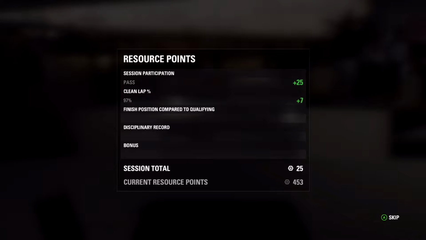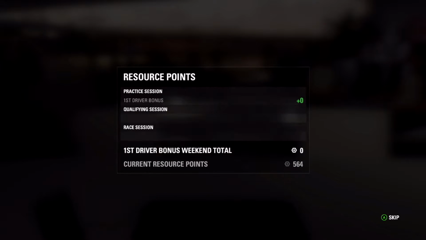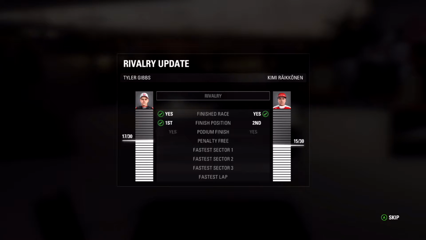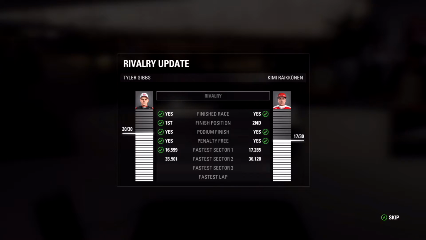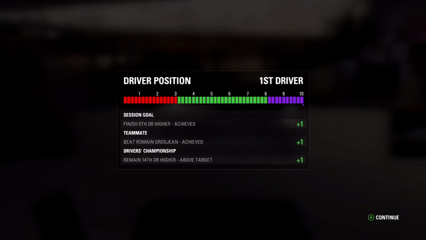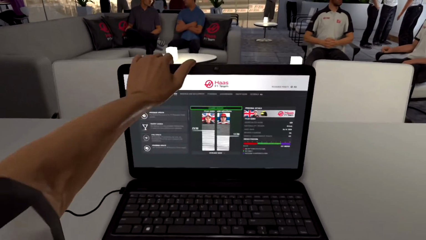Okay. Those are the championships, but we're going to come back to the resource points menu. Clean lap percentage was very high. I think we only exceeded the track limits once, and that was ever so slightly at turn 1. But it probably lost us time because going off the track actually slows you down. We're leading the rivalry. Team are extremely happy with us after that performance. Career score normal, but